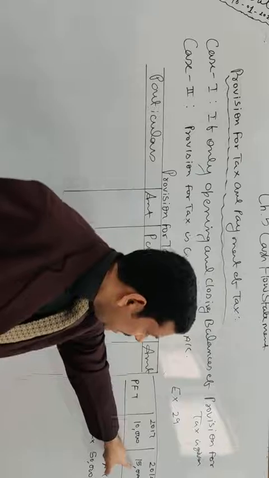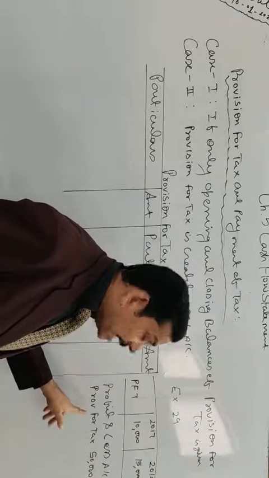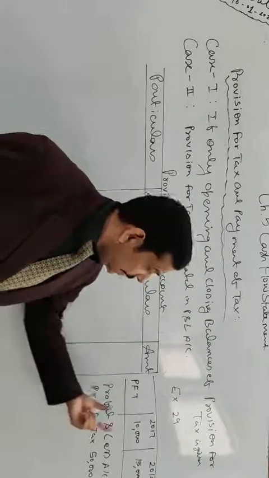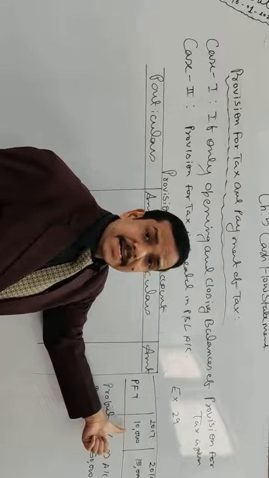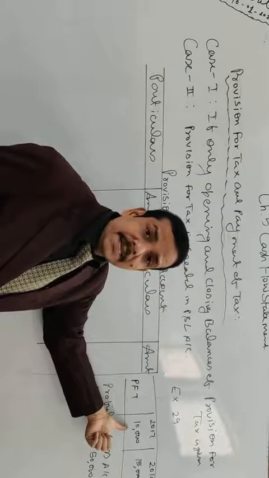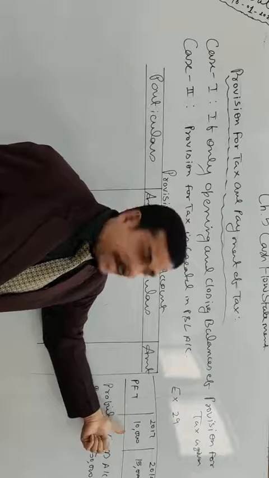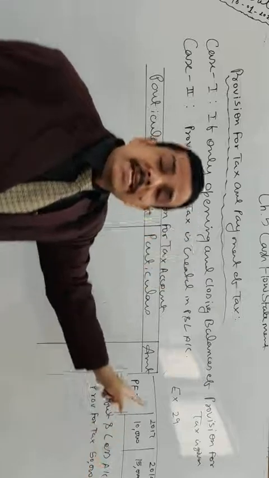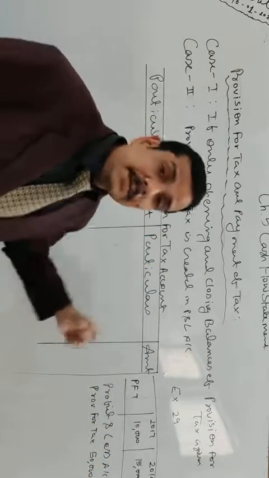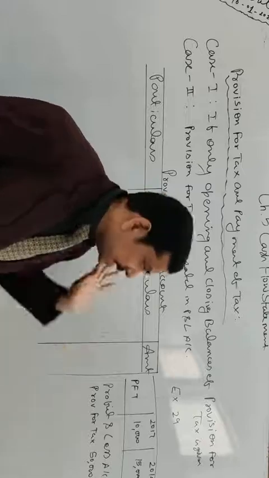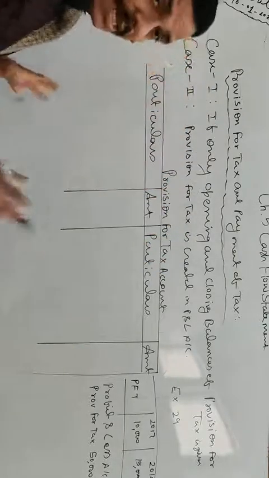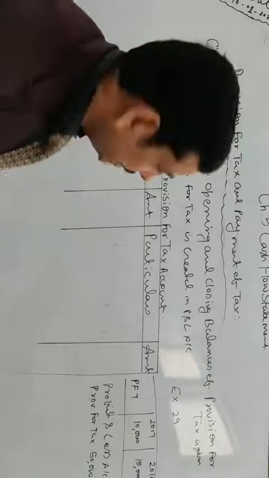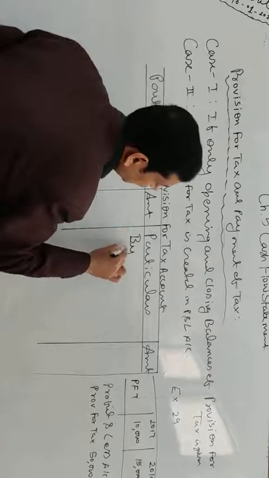Clear? Now see, the opening balance is given, the closing balance is given, and one more additional provision is given in the income statement. So what I told you in case 1, if only two figures are given, then current year is added back. So 2017's 10,000 is added back in calculating net profit before tax, while the previous year will be considered as tax paid. So this you will subtract from cash generated from operations, less income tax paid, to get the net figure of cash generated from operations. Okay? So now we have three provisions and we are going to prepare the provision for tax account to know the amount of tax paid. So first write the opening figure, by balance b/d.